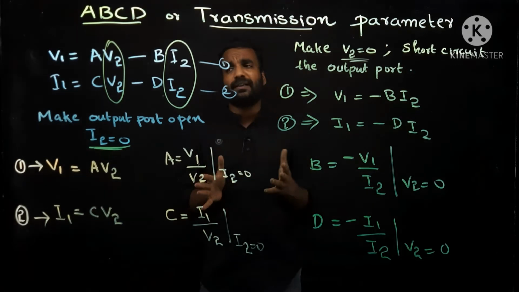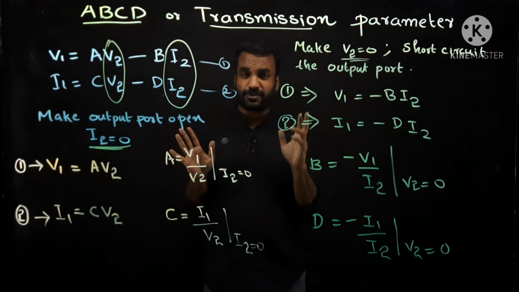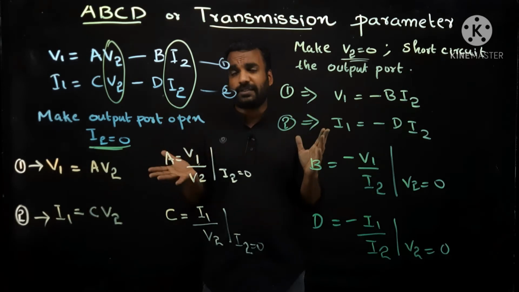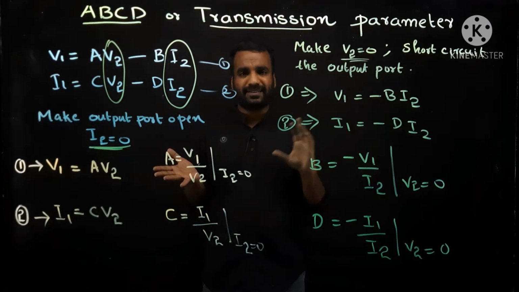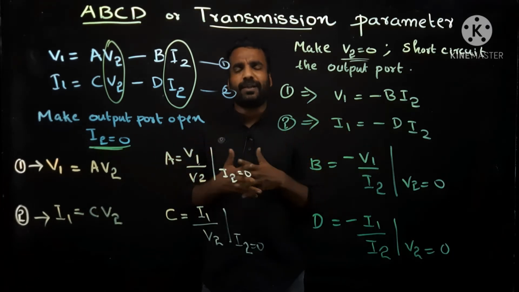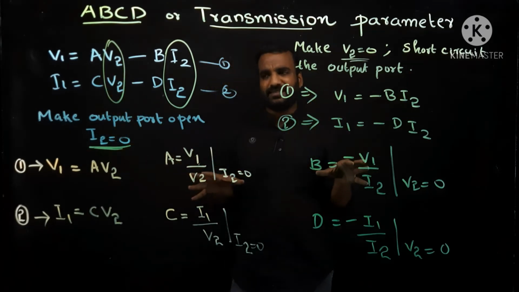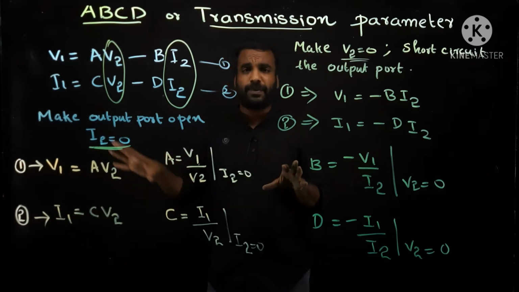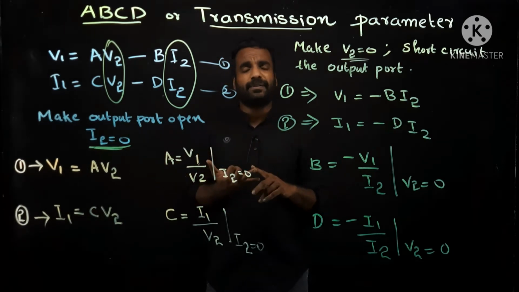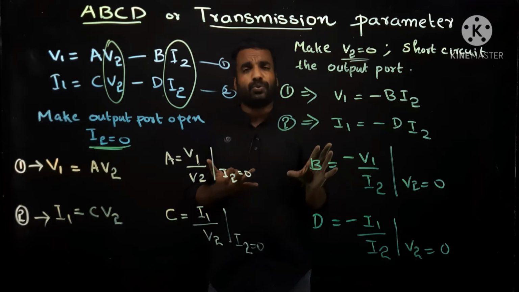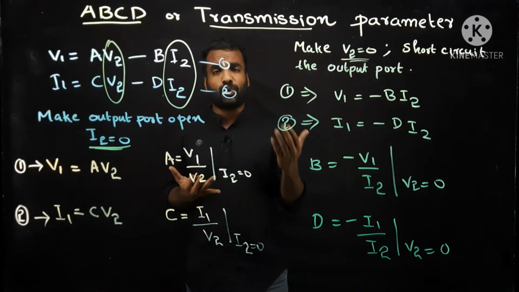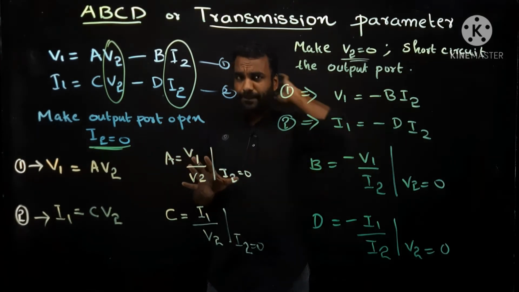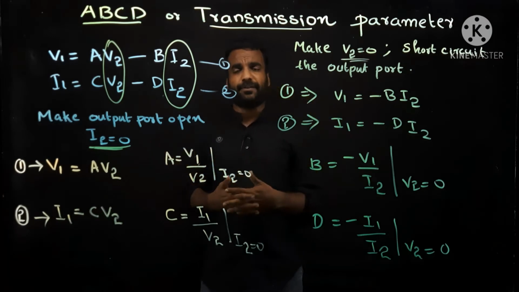Now you have to learn the derivation for the condition for reciprocity, the condition for symmetry, such things if you are interested. That is also important from an exam point of view, but as it is just mathematical rearrangement only, I am not going to deal with all these things in this class. The basic method for doing those derivations was explained in our previous classes. For Y parameters and Z parameters, we did all those derivations, but now it's your turn to do those derivations on your own in your book. You can refer to any textbook. Anyhow, now we are moving to a problem using ABCD parameters.